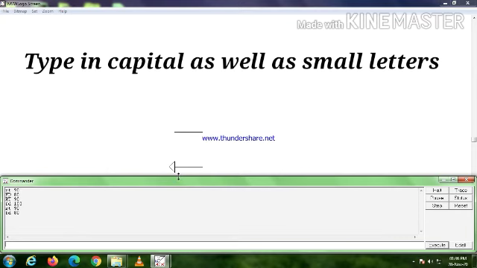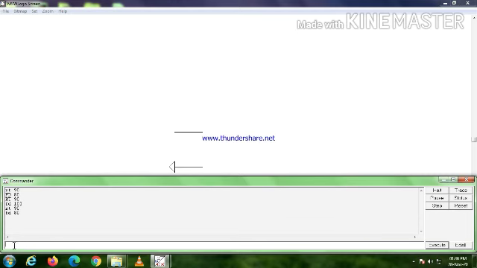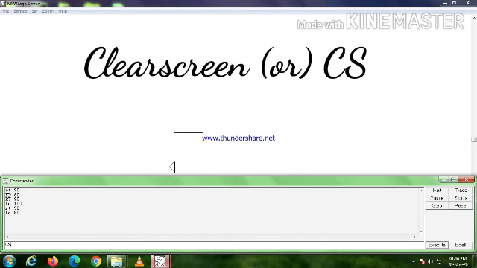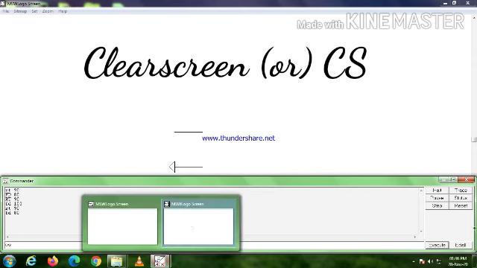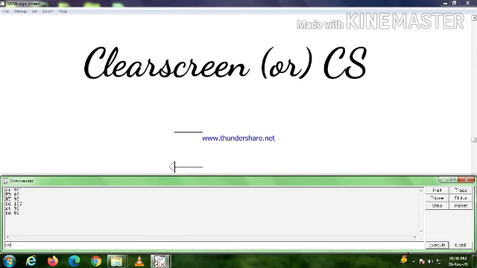Children, this much is enough, I think. I am going to draw another figure in the graphic screen. So before that I want to clear the graphic screen, isn't it? So what to do? Never mind, we have a command to do this. This command clears the graphics produced in the main window, but it does not clear the text in the recall list box. Just type CS and press the enter key or execute button.